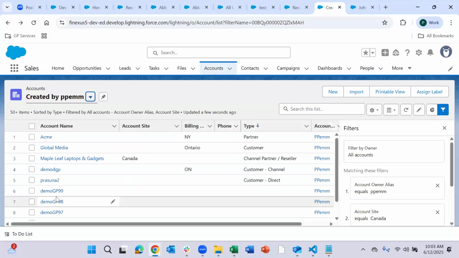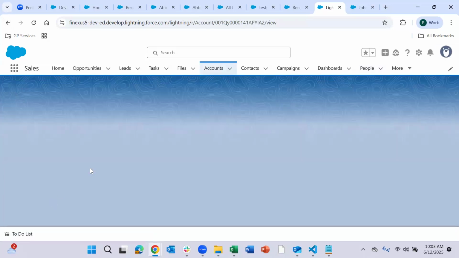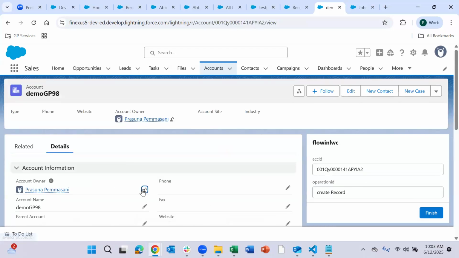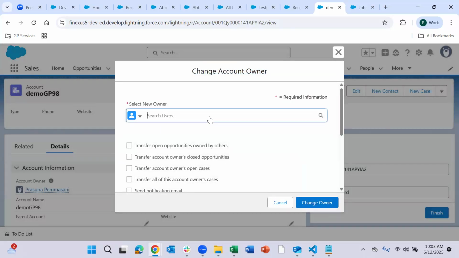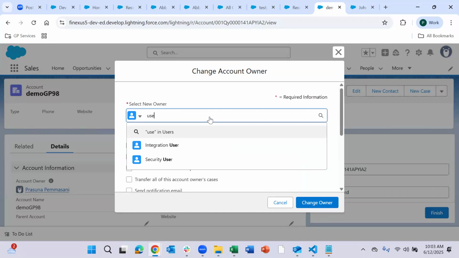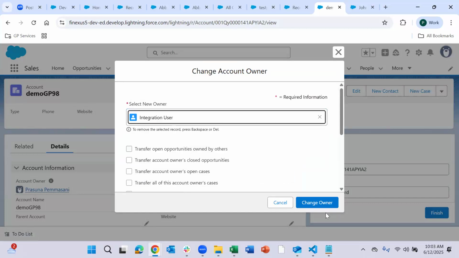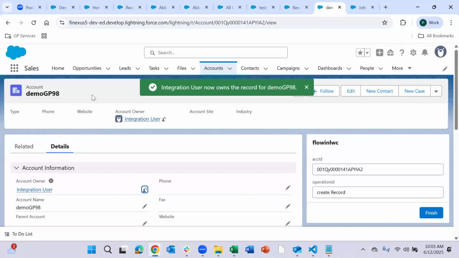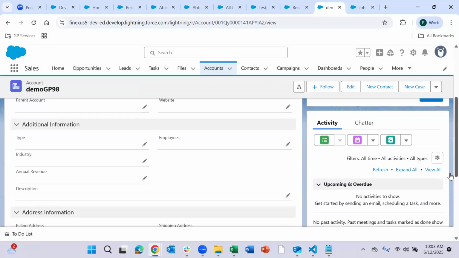Let me change this particular record's account owner to somebody else. I'm not sure whether users are available. Yeah, I will change it to integration user. Okay, I have changed it to integration user.